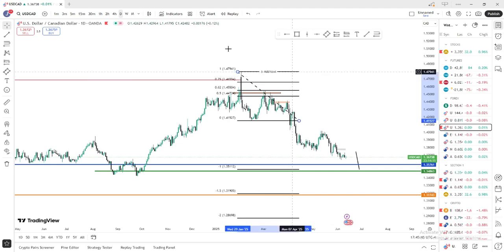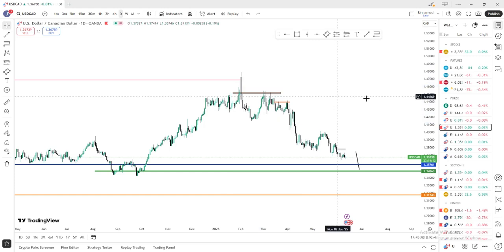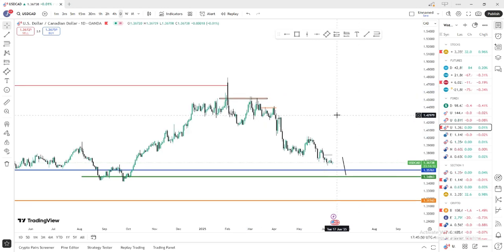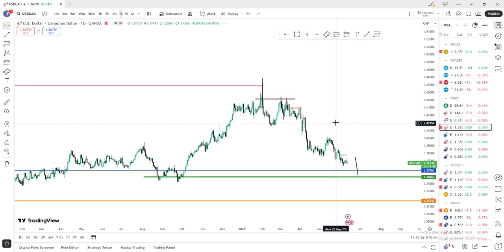Well, what are the pairs I basically trade? The pairs I basically trade. But before that,